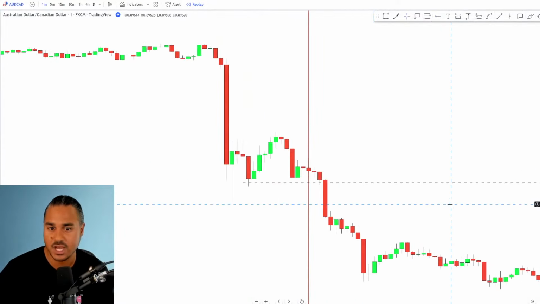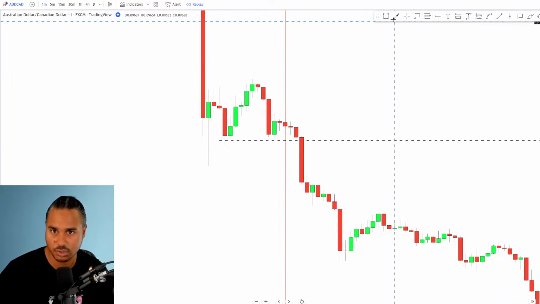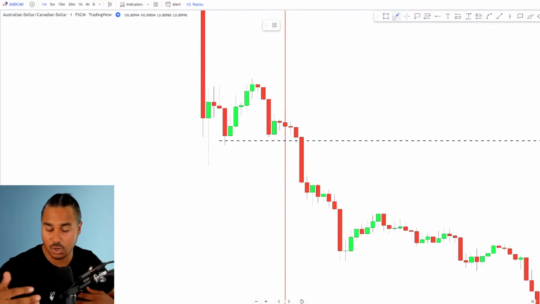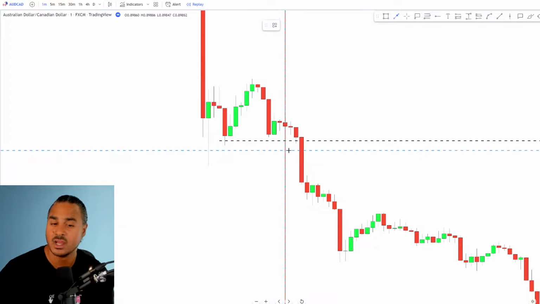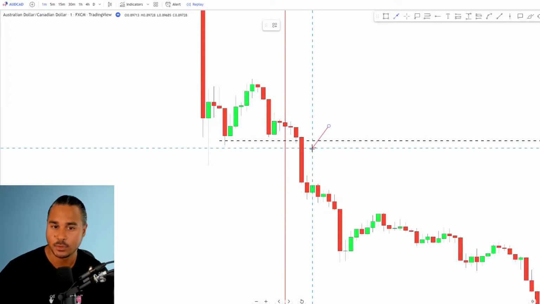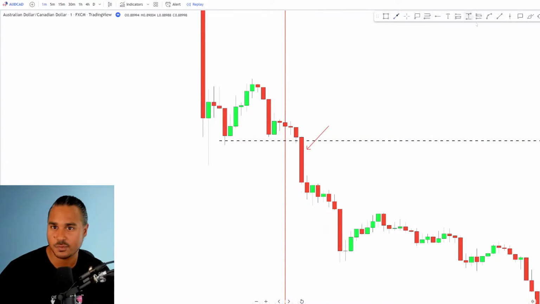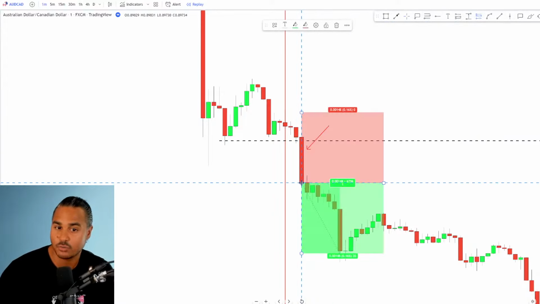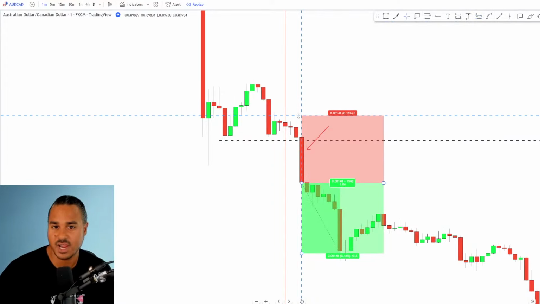All right. So now we're looking at the market structure. We know Aussie dollar is weak. We've had confluence by looking at the sentiment of the market. And let's say we're a breakout trader. You're looking for this breakout. You get that confirmation of a bearish engulfing candle, and you look to take the trade and place your stop